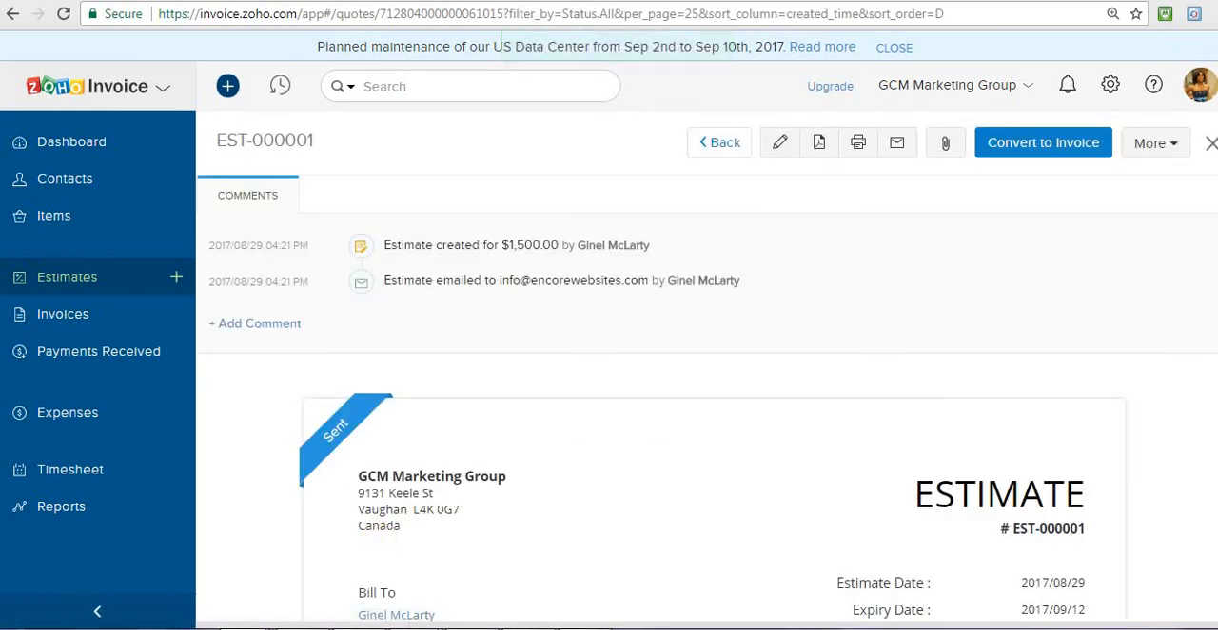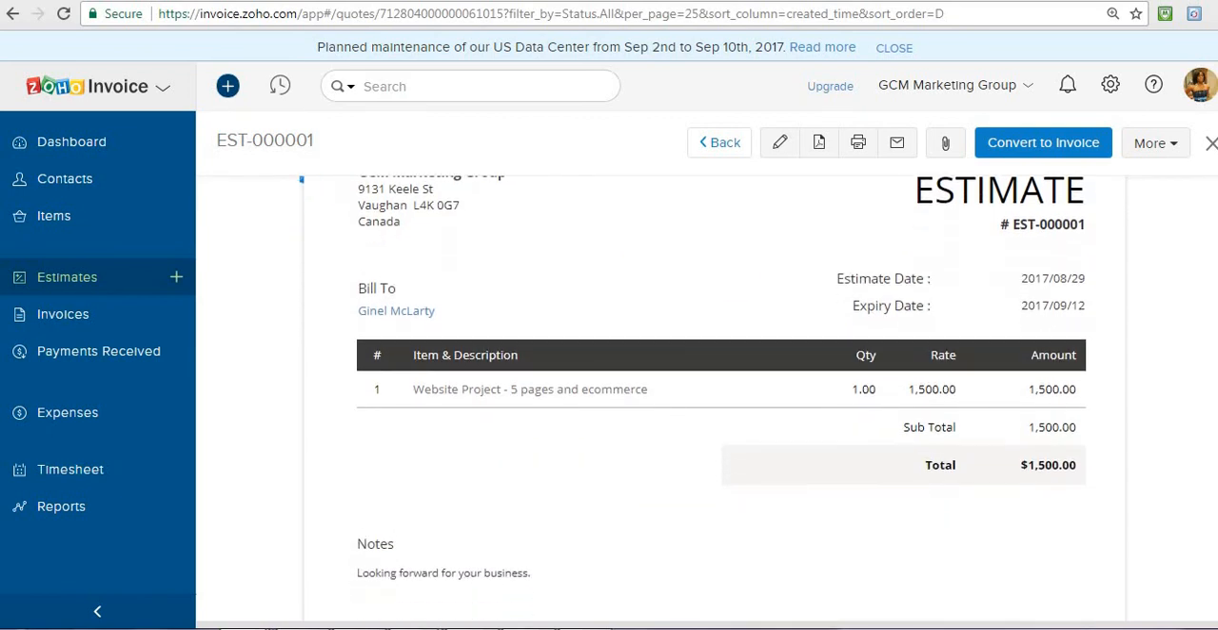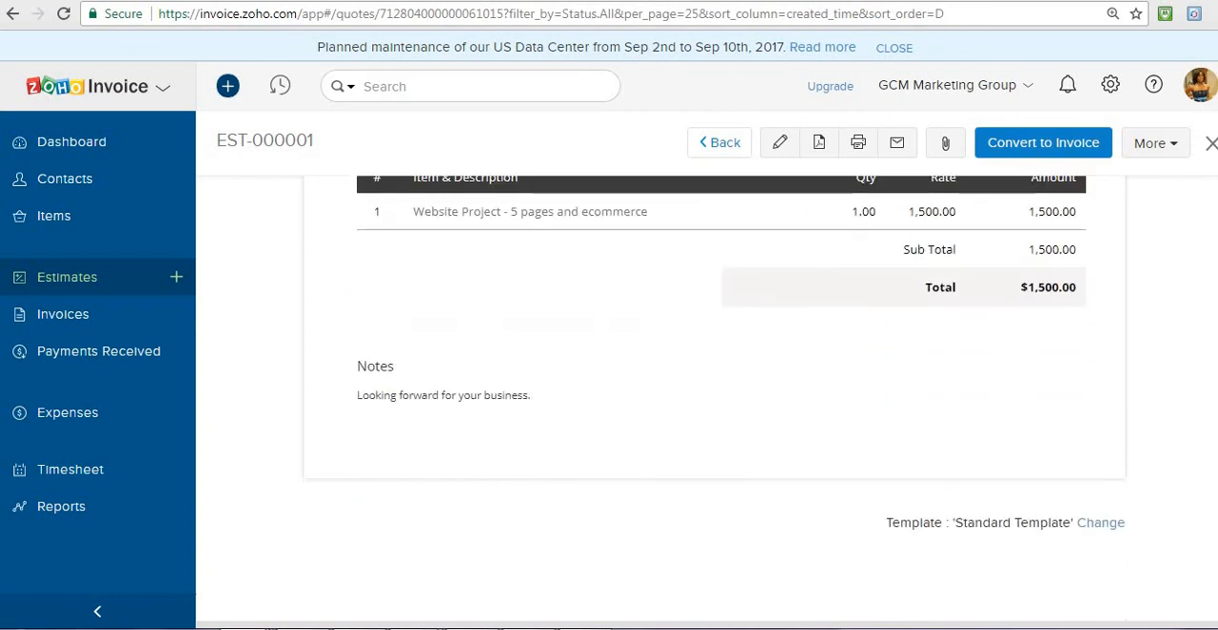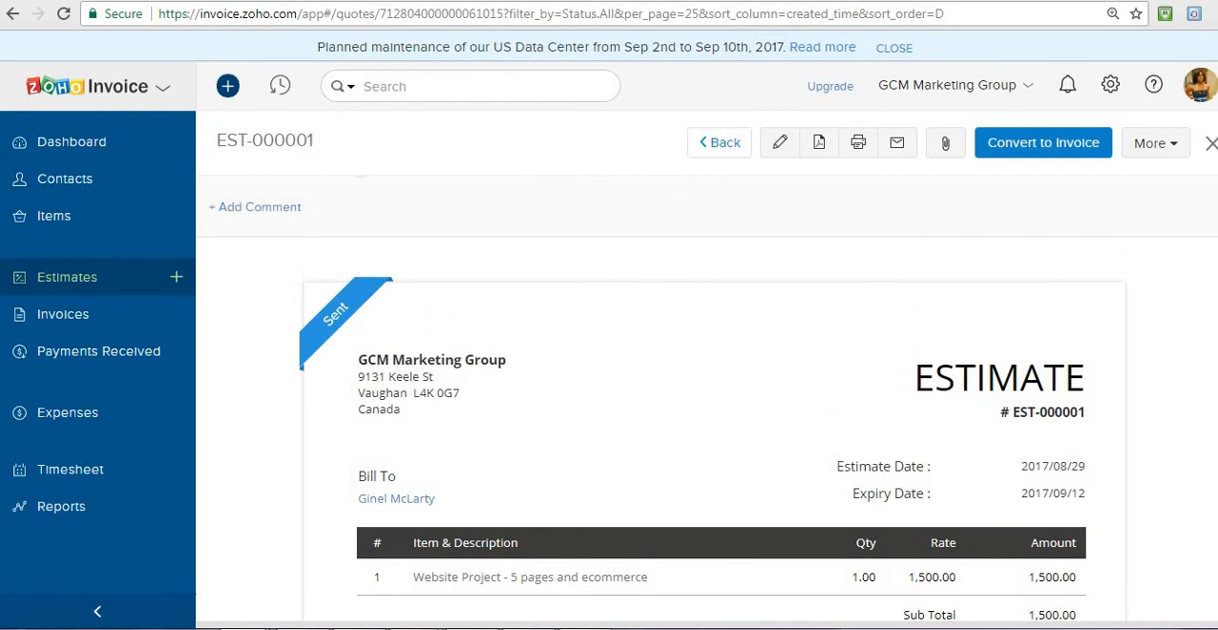This is how the customer would see the estimate. So you would see estimate here, estimate number. You'd see the actual company information that's giving you this estimate. You would see the item and description, the amount and rate, and any additional notes down here. So this is what the customer will get,